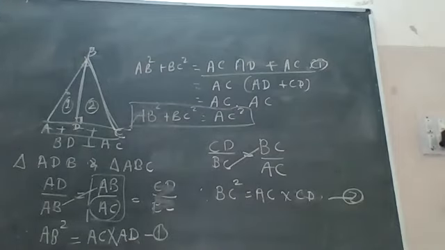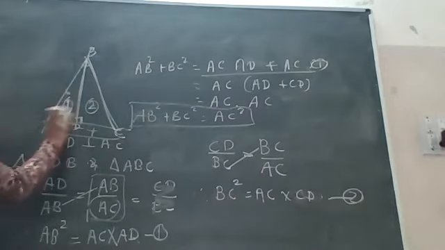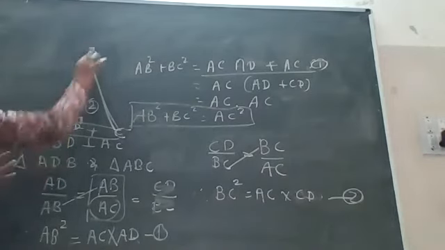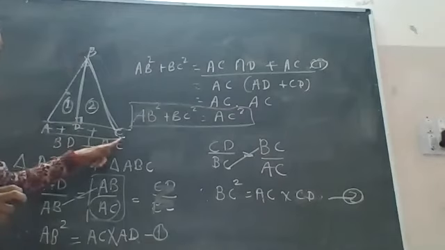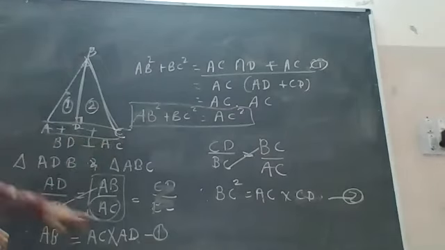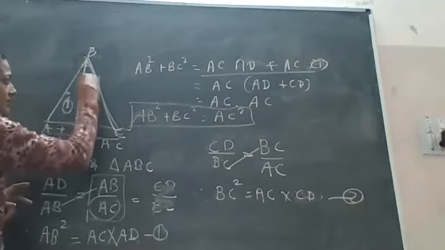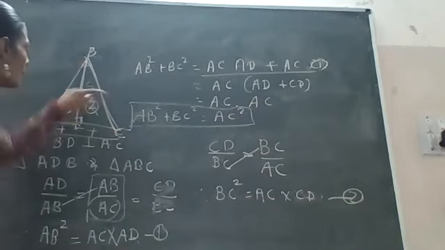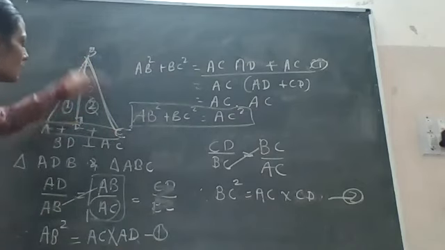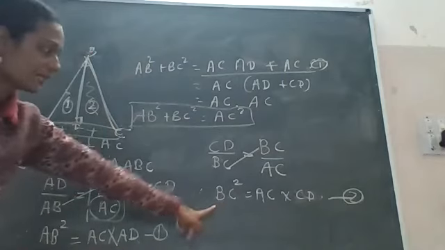In this theorem, what do we have to take? First we have to take this first triangle with the whole triangle. So what will become? AD upon AB is equal to AB upon the hypotenuse. That we get as the first equation. In the second, you have to take this triangle with the whole triangle. So it becomes CD upon BC is equal to BC upon hypotenuse, which is AC. Now you will get these two equations.